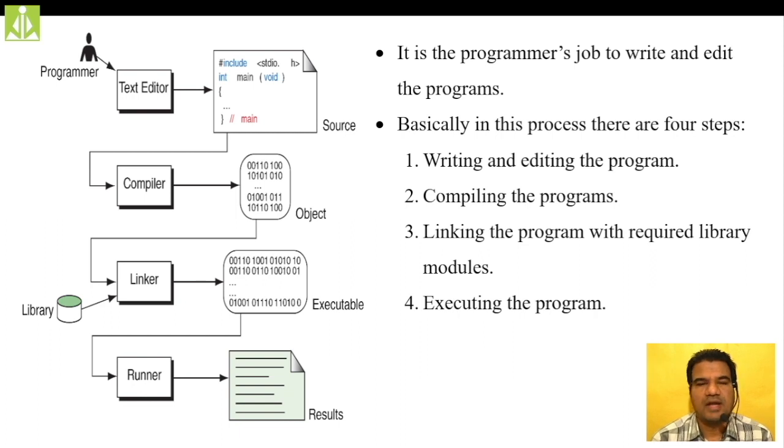Then finally, after this linking process, we get the executable module, and that executable module we take to the fourth step, that is executing the program. Once the program is ready for execution, I mean once you have performed all these things: creating the source code, converting it into a translation unit, converting it into the final module, and converting it into the executable module, the executable code.